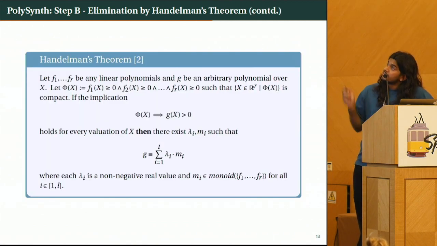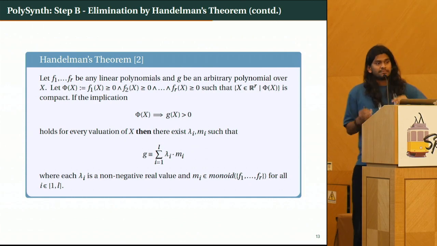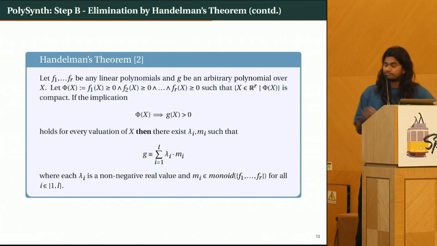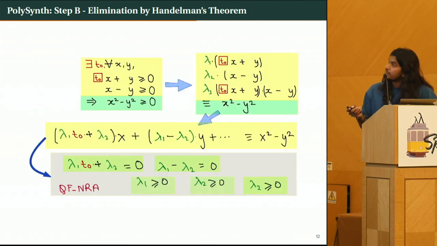There's a constraint here which I want to mention: the premise that you have here, which is some conjunction of polynomials, has to be compact, which means that it has to be bounded and closed. To deal with this, because in real programs your variables are anyway bounded, you can artificially add some bounds on every variable, and then you will satisfy the constraint of compactness. That's why we can apply this, and this gives us completeness for this kind of expression. But remember that this only works when